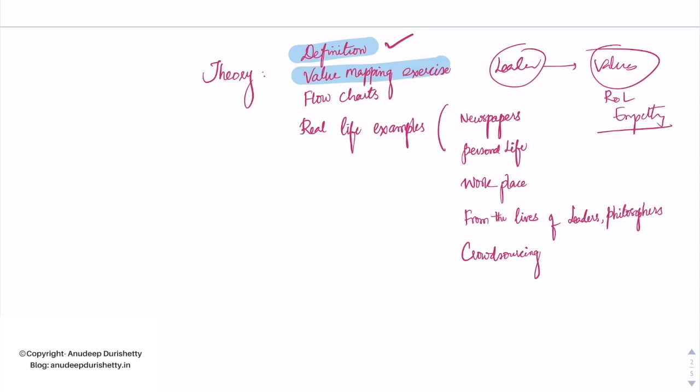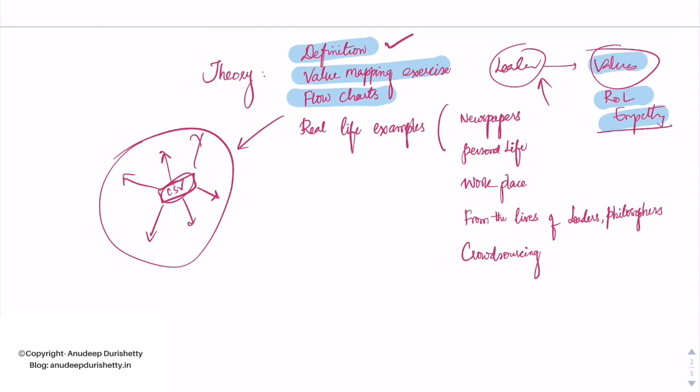So whenever any question comes on such a particular value, you can always have a particular leader and his or her quotes to substantiate your argument. Do incorporate flowcharts and diagrams in your theory portion as well. You can use a hub and spoke model where, for example, if there is a question on civil service values, you can write or expand it in a hub and spoke diagram where you delineate the separate specific values under civil